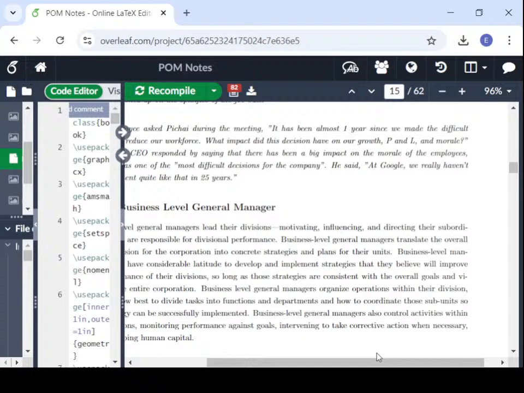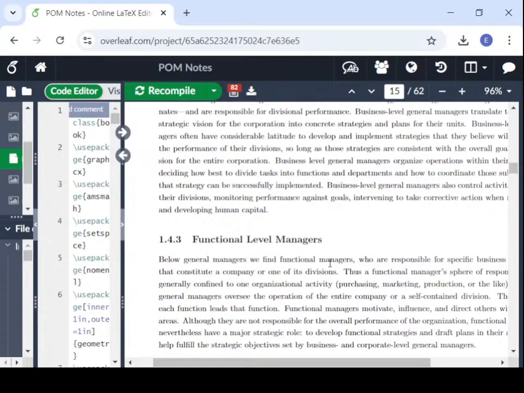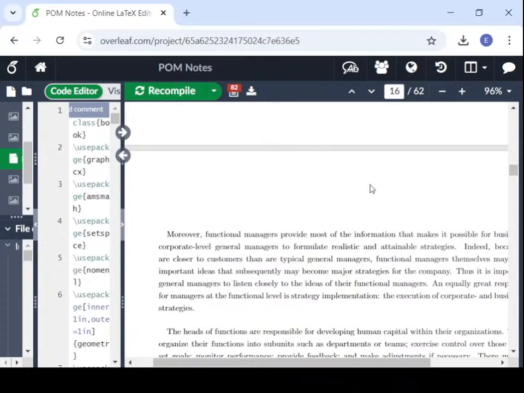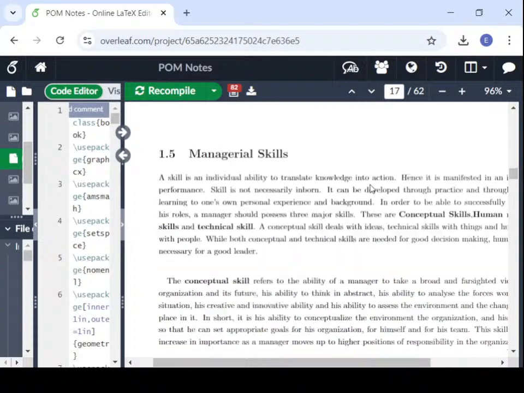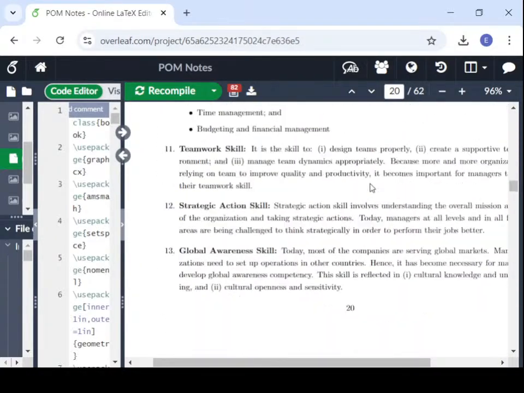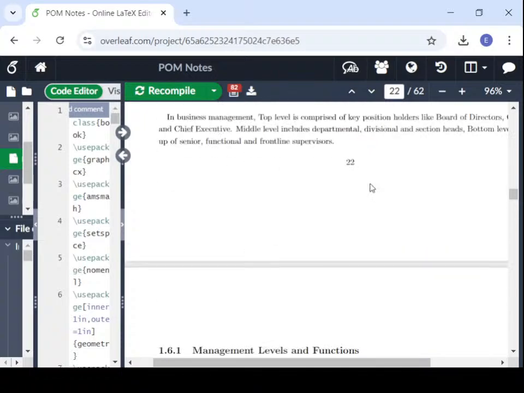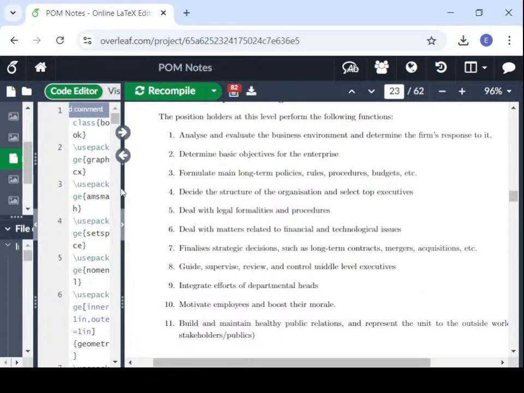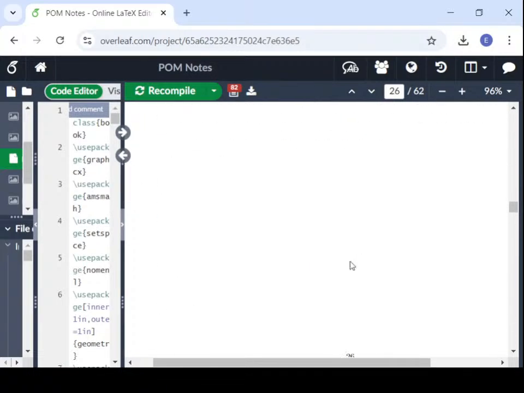So figures is as easy as well as it is difficult to fix, because this entire document is a single page document. I don't have any problem with it. If you go with a double page document, double column, then figures play a vital role. So let me show you one more